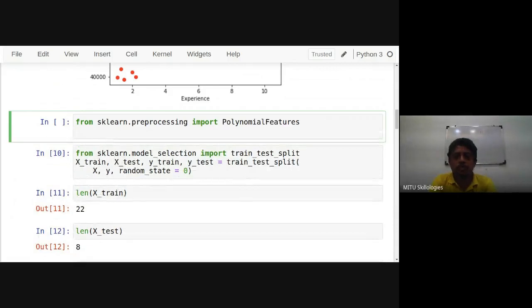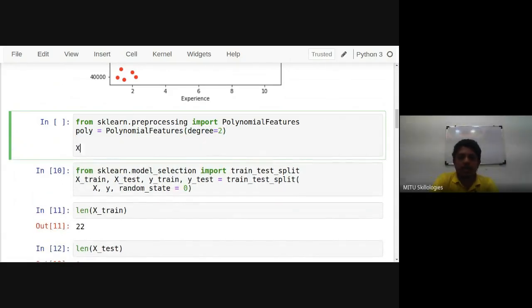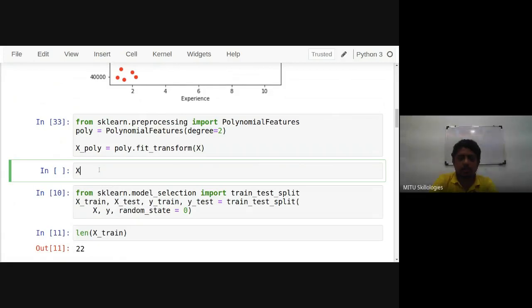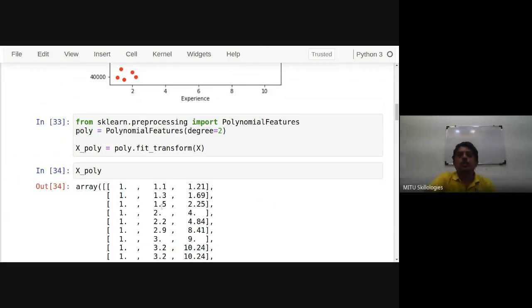So I'll use polynomial features. Let's say degree 2. Okay, and the polynomial transformed data will be like this. You can see the original data is like this.